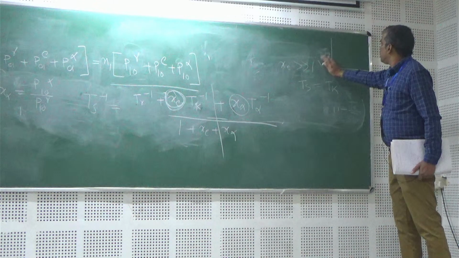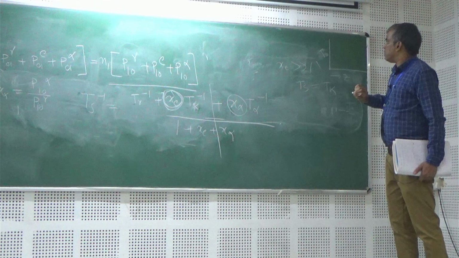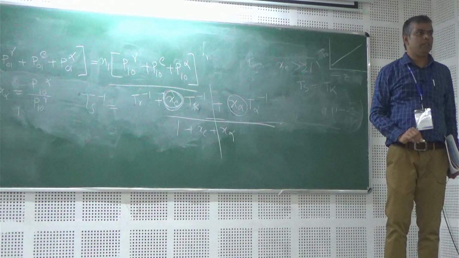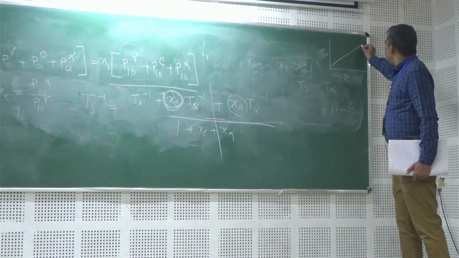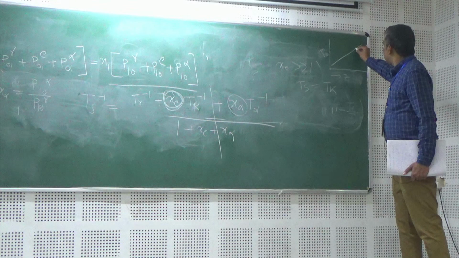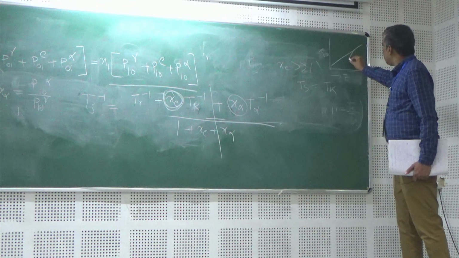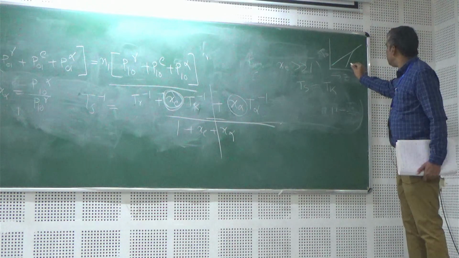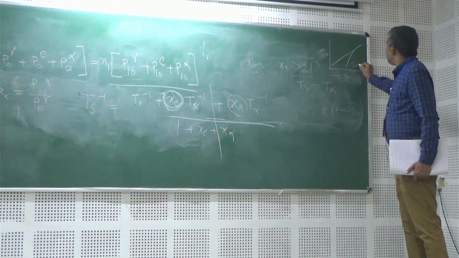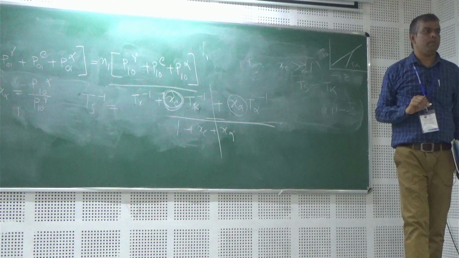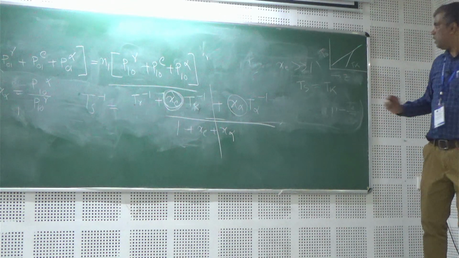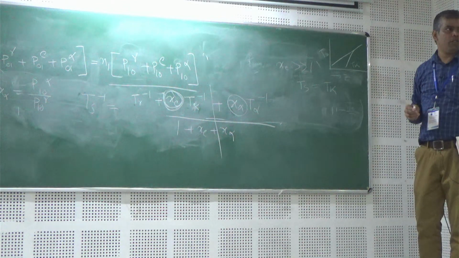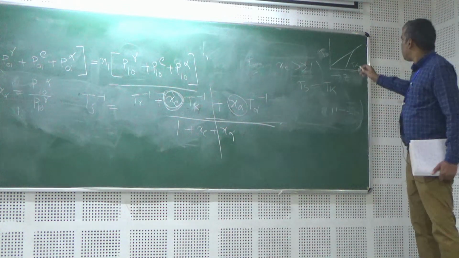So let's look at the temperatures. The CMB temperature is a straight line, right? It is 1 plus z. And the IGM temperature, initially it is with the CMB temperature, but later it becomes different. That is the IGM temperature. Due to adiabatic expansion, the gas actually cools faster than the CMB.